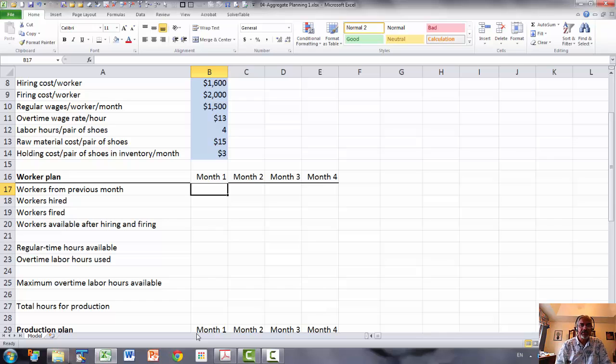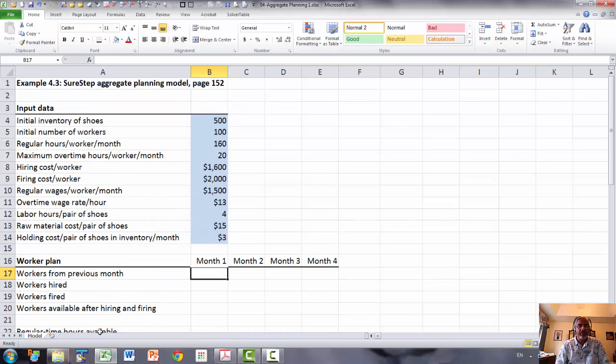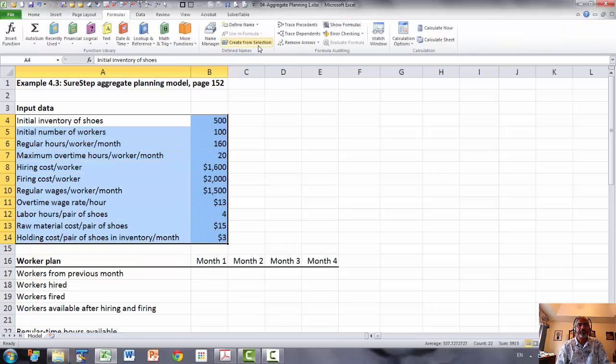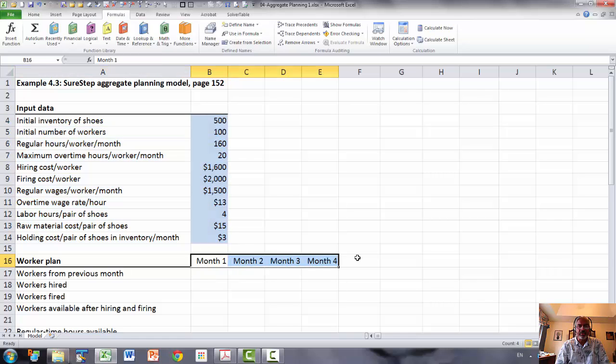So first, let's set this worker plan up. Before we start, let's give a name to all of these input values. Now we have 4 months,